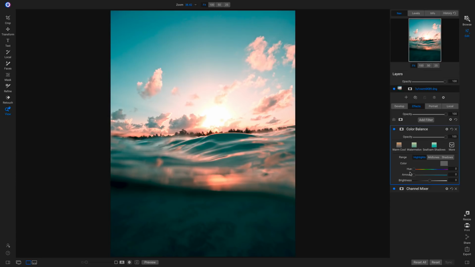Then highlights. We're going to go down to our amount again. We'll pull that up. And I actually kind of like, well, I like that orange right there. I like that. So we're going to leave that. I'll pull back on the amount so it's not so crazy, and then we'll pull up on the brightness a little bit. Okay, so now if I turn this color balance filter off and on,